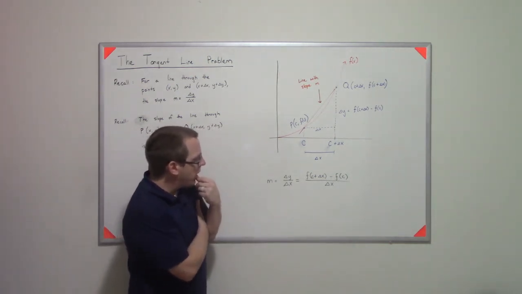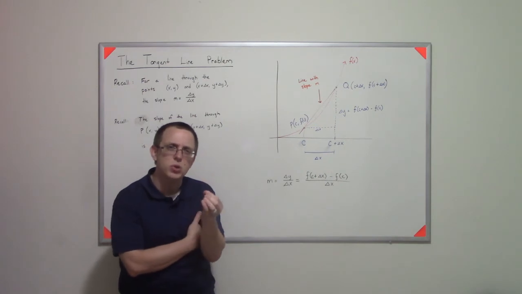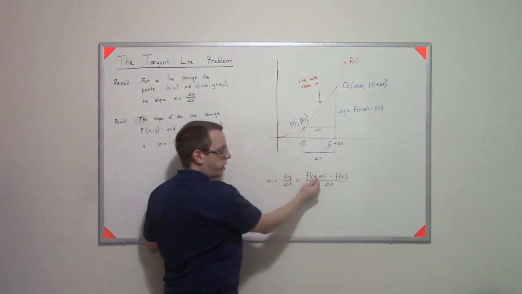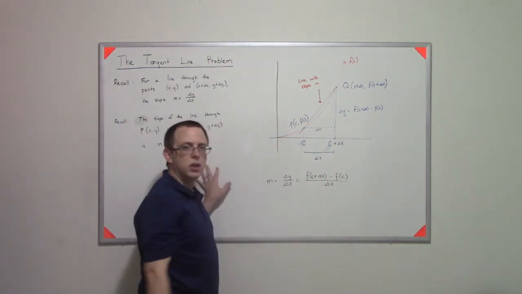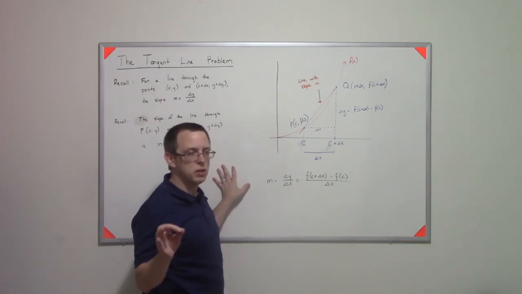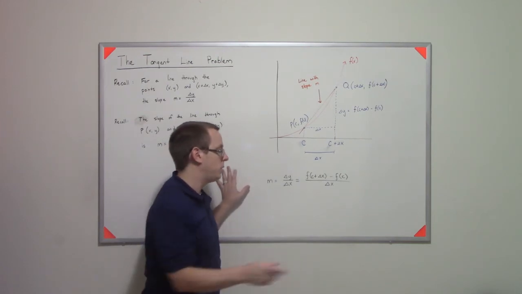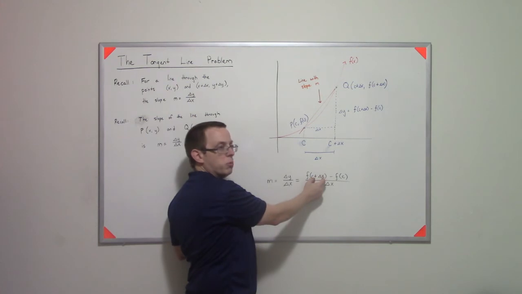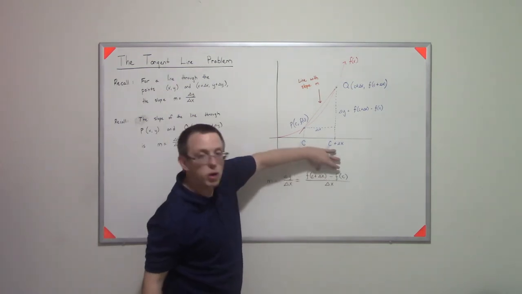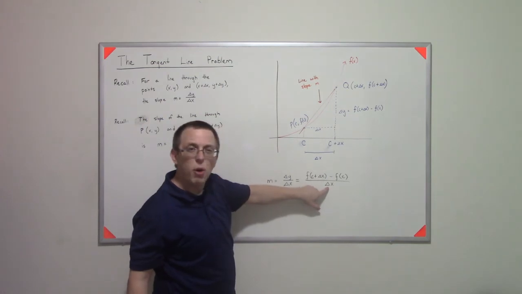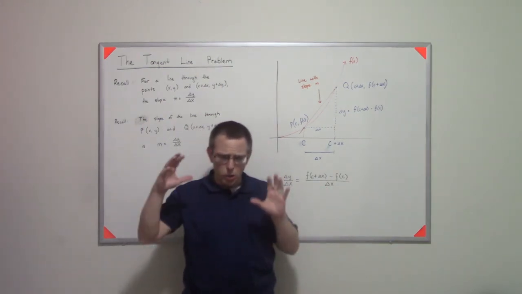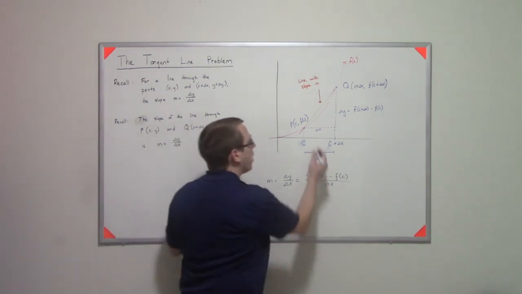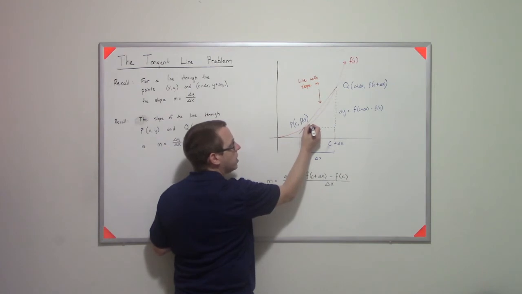Well, think about it as delta x gets really close to 0, right? As that delta x slides, then the value inside this function might, and I say might because we'll get there when we deal with limits, but if it's a function like this, as delta x gets close to 0, this becomes really close to f of c. So the top becomes really close to 0. But then on the bottom it also becomes really close to 0. So they're both scrunching in as delta x gets small, right? If my delta x is now shrunk down to here,